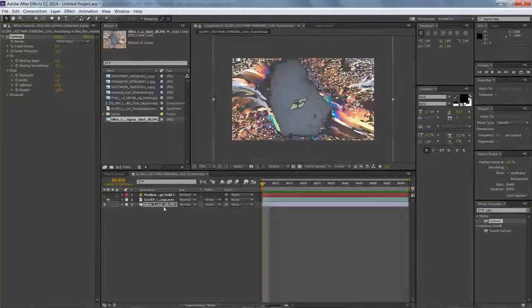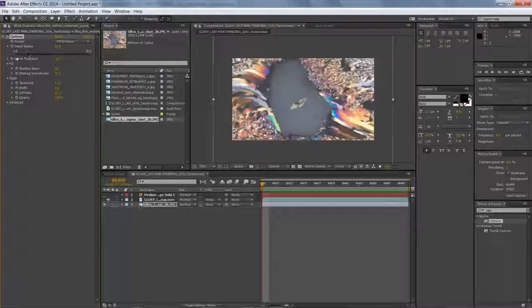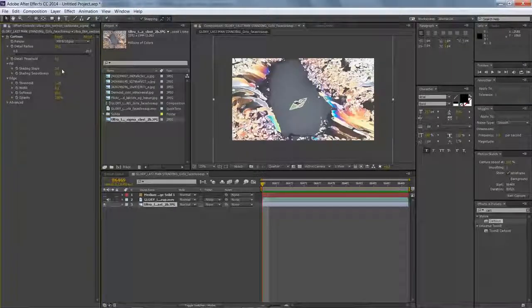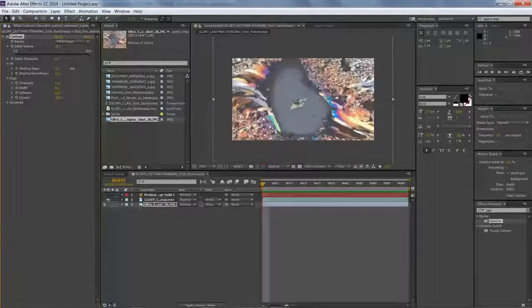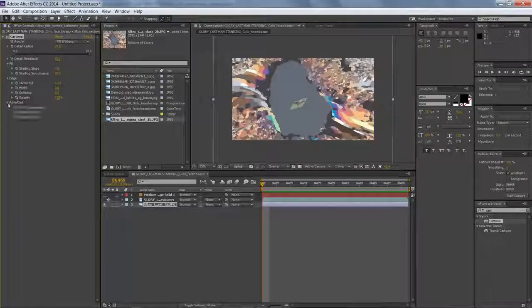So what we're going to do is we're going to cartoonify this using the cartoon filter, and we're going to basically adjust our settings until we end up with something that we think looks good. What I like to do is I like to make sure that there's not many steps and that we have as many broad swaths of color as possible. So I'm going to play with this until I feel like I get the settings right. And all that means is that I'm altering the detail radius and the detail threshold, the shading smoothness, the steps, and those sorts of settings until I get something that's nice and blotchy